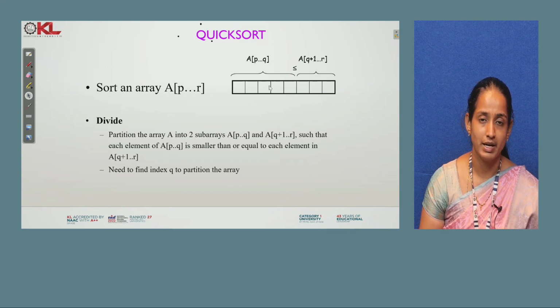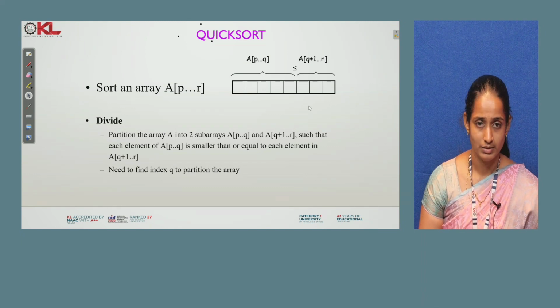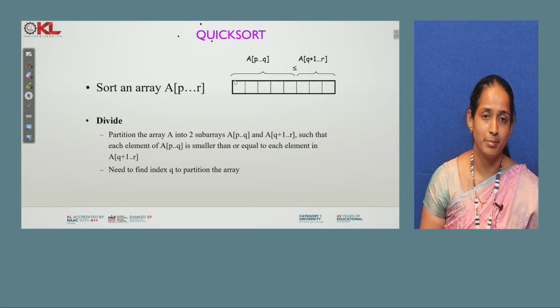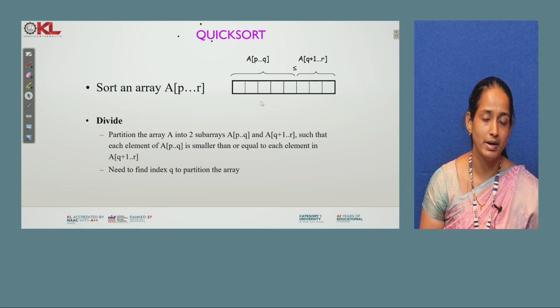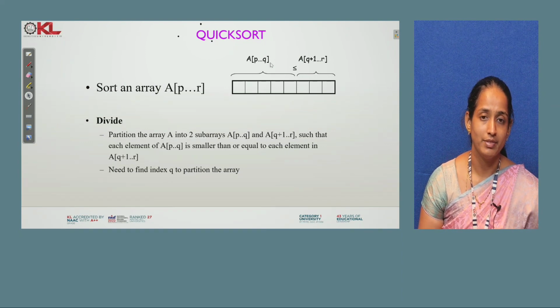We will first divide the given list into two halves. We will partition the given list into two halves, and then pick one element in this list as the pivot element, find the position of that pivot element, and make it sit in its correct position after one call to the partition algorithm. Then from the partition algorithm, after division and setting the pivot element in its correct position, we will return the position of that pivot element,